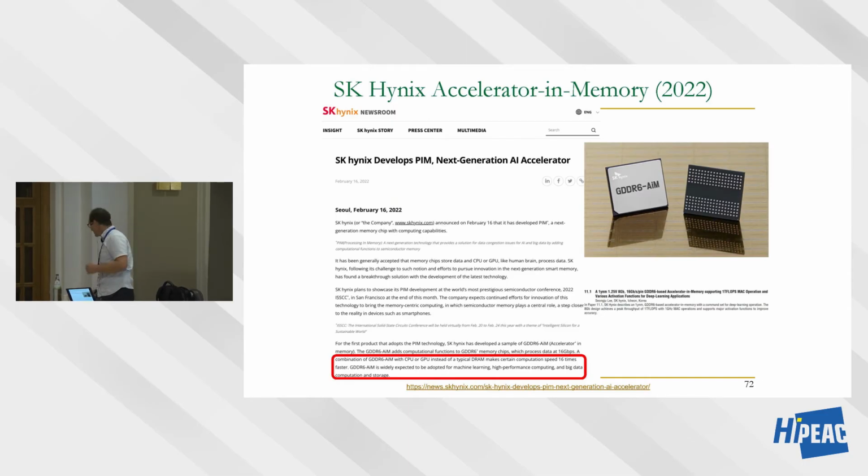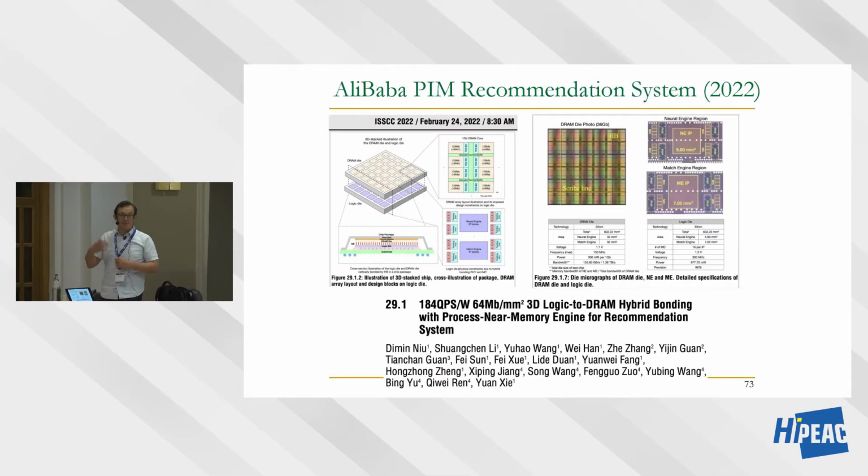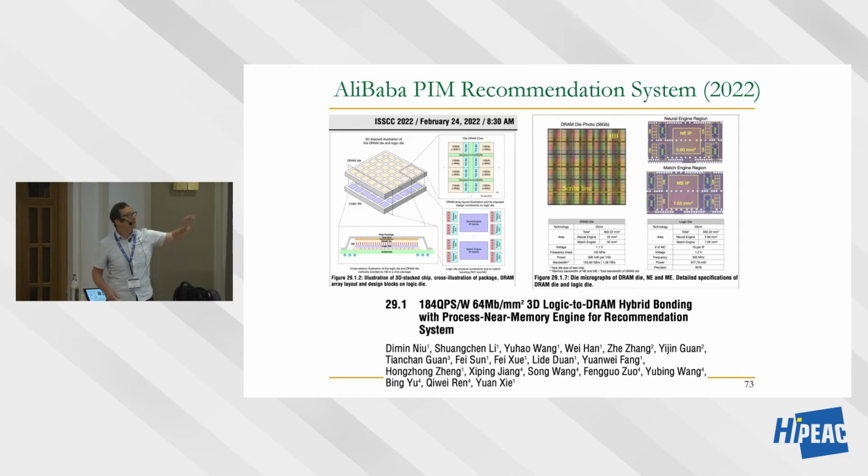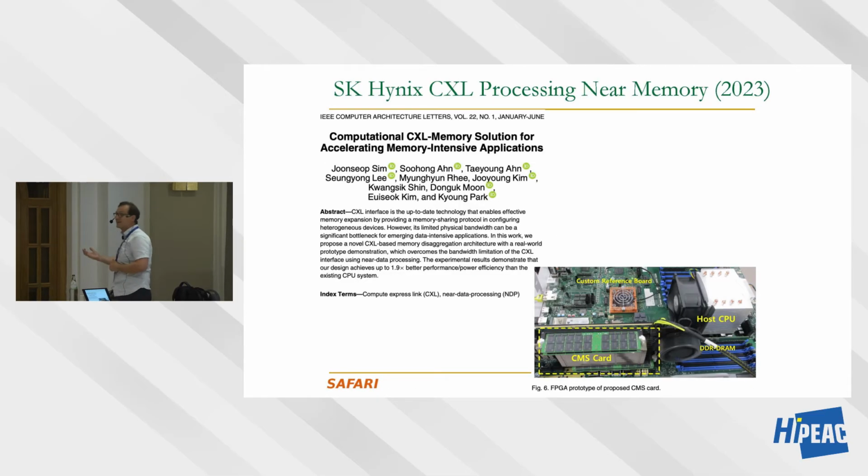SK Hynix has also chips to essentially accelerate similar applications. And system builders like Alibaba also have built their own DRAM chips to accelerate recommendation inference. So you're at a good time today with these different things happening, which is nice. We were talking about this starting from 2013 in these lectures, or even earlier. Now things are actually happening in industry. Okay, and there are more things that are happening in industry.